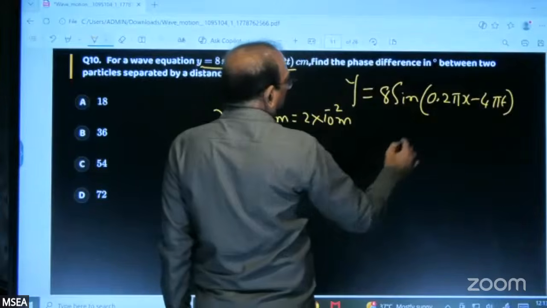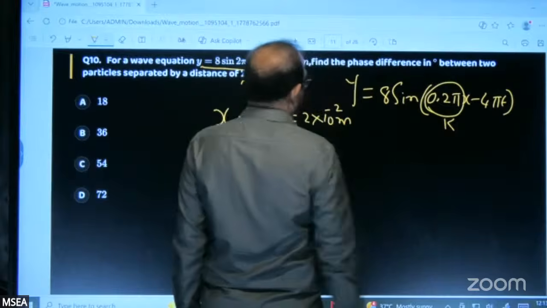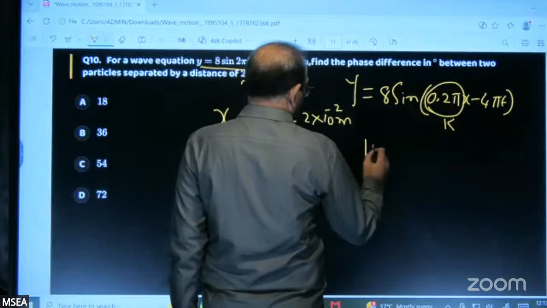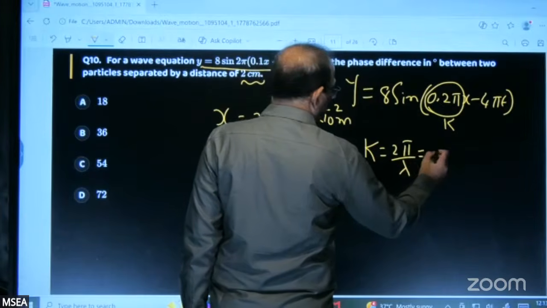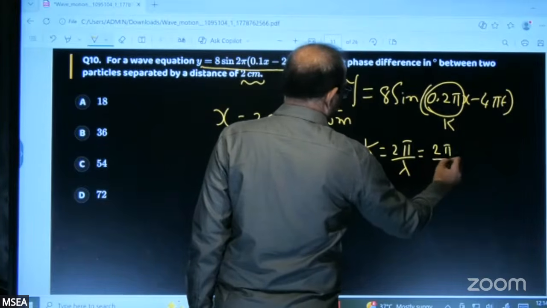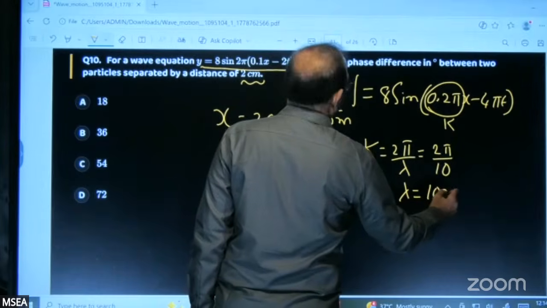Now, this 0.2 pi must be k. So k, 2 pi by lambda, is 0.2 pi, means 2 pi by 10. You will get lambda equal to 10